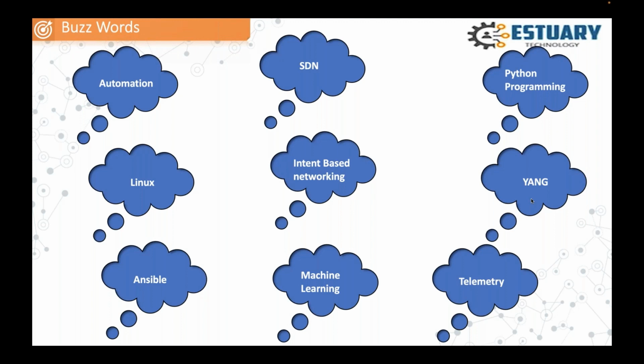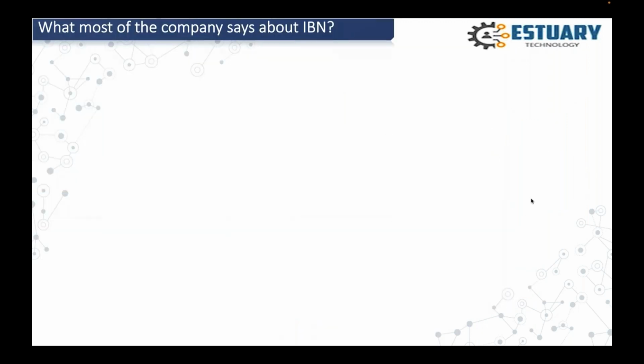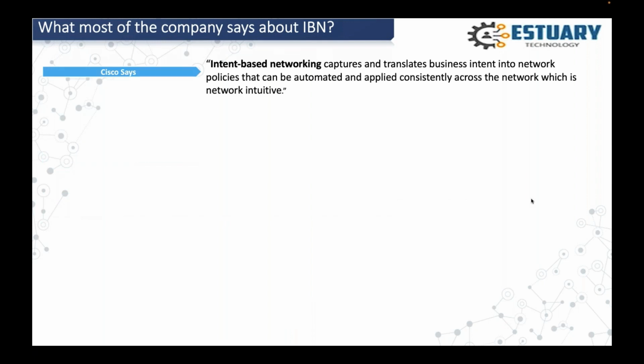And then DNAC does the rest of the things, which includes the configuration of, for example, your devices, your controllers, your access points, broadcasting SSID, and everything. So that's actually intent. Now, is intent only specific to Cisco? It's not. So I explained what intent is. What do other companies say? Cisco talks about automation. Cisco talks about how you get consistent network performance, or an intuitive network, across infrastructure. And that's nothing but intent-based networking.